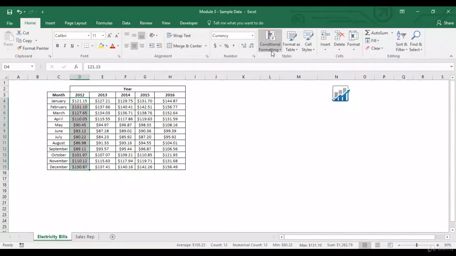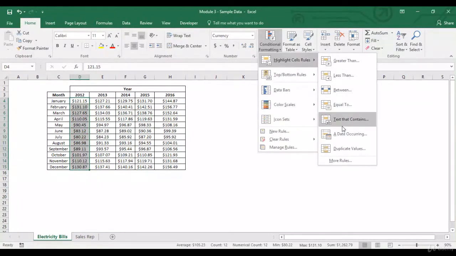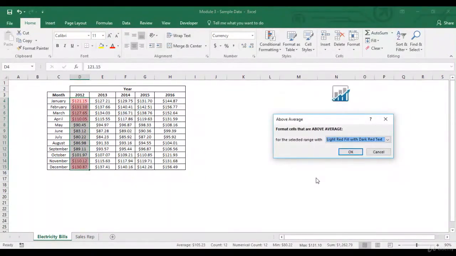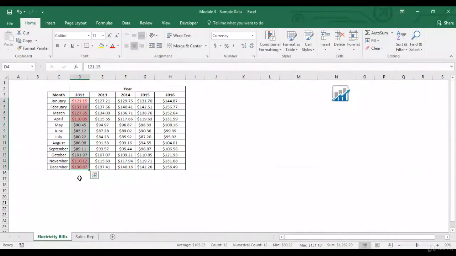Now again, cancel it. Let's look at all those cells which are above average. Average is basically the sum divided by the number of observations. So over here, the sum is $1262.79, and because you've got 12 observations over here, the mean comes out to be around 105.23. So all the values which are above $105 will get highlighted.